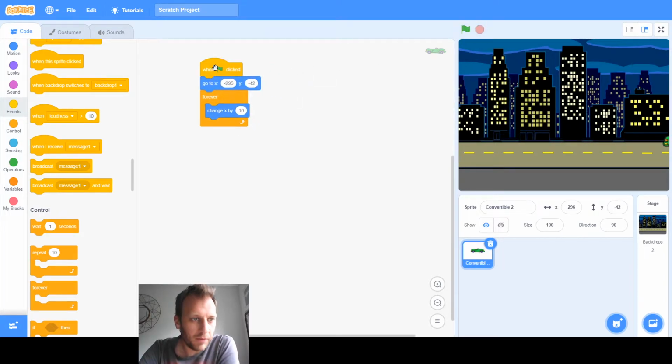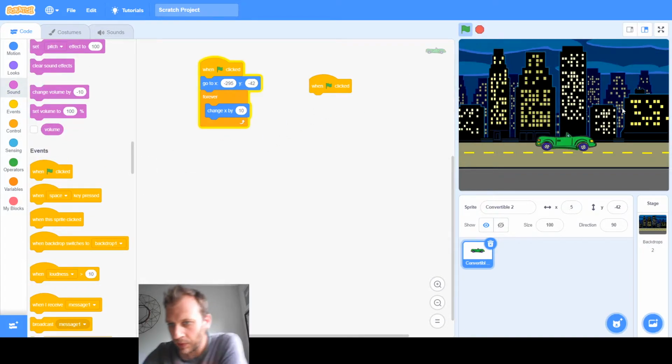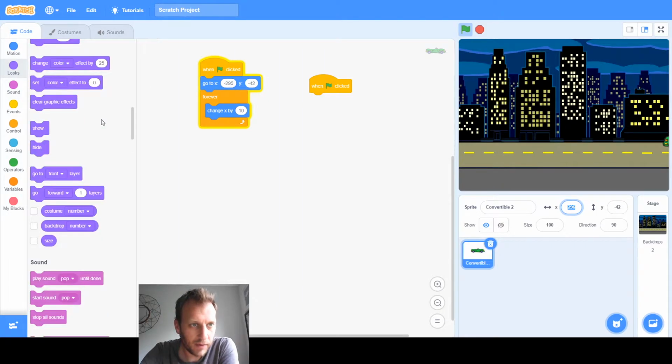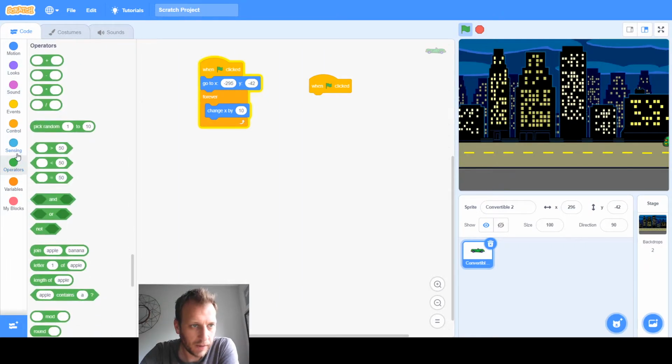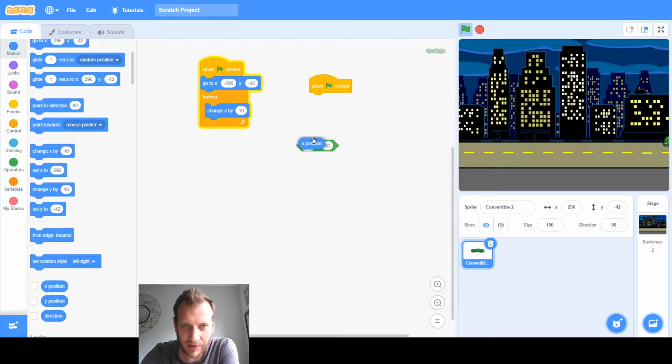Right, so then here comes my next bit of code where I'm going to say what happens when he gets to the end. So let's get him all the way to the end and see what his coordinate is. So his x coordinate is 296 when he gets to the end. So let's use that information. Yep, so if that's a greater than block, so we're going to say if his x position is ever greater than 290,